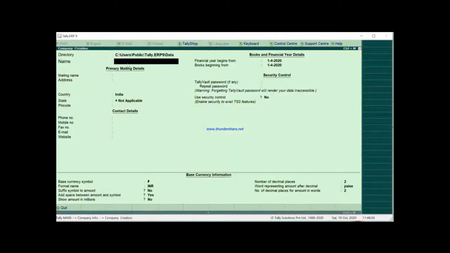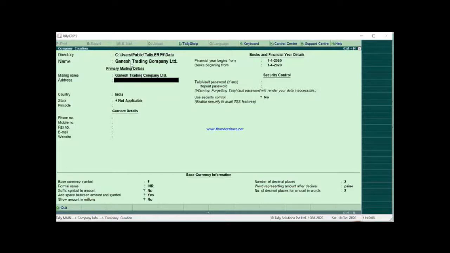Now the name of the company is given as Ganesh Trading Company. So here you will type Ganesh Trading Company Limited. Keep the same name as the mailing name.